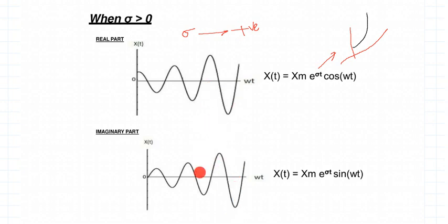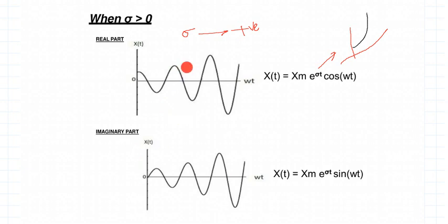How do I identify cos and how do I identify sine? You could always remember: cosine wave is when, at 0, the cosine term is maximum. Remember, cos of 0 is 1, so you get a maximum magnitude here. So how do you identify a cosine wave and a sine wave? At 0, if the signal has a peak magnitude, it is a cosine wave. And at 0, if the magnitude is 0, since sine of 0 is 0, it is always a sine wave. Remember, at 0, if it is at a peak value, it is a cosine wave. At 0, if the signal is 0, it's a sine wave.